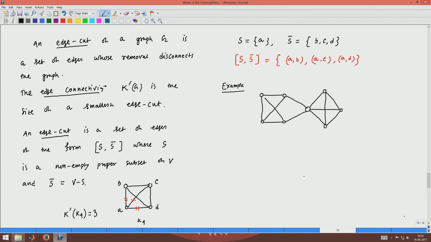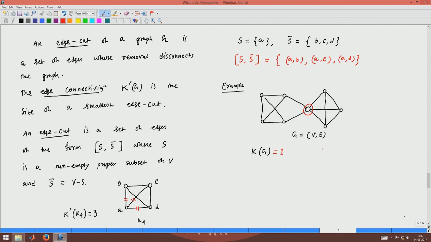Now, the vertex connectivity is the minimum number of vertices that must be removed to make the graph disconnected. So, if I call this graph G, then clearly the vertex connectivity Kg is what? Kg is minimum you need to remove one vertex. If you remove this vertex, for example, from this graph, the graph will become disconnected. So, the vertex connectivity is equal to 1,